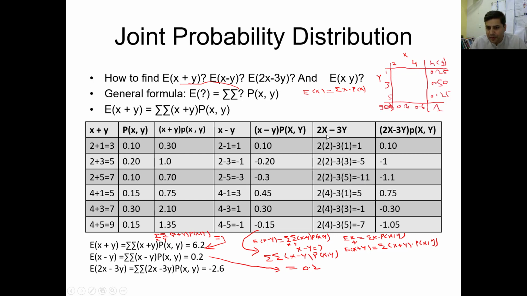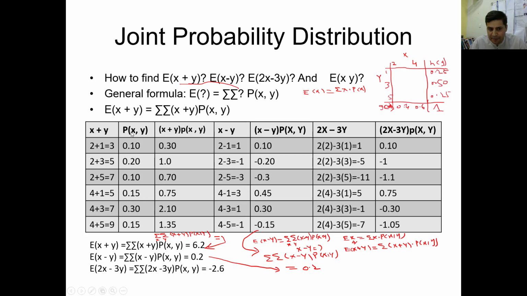Similarly, this is the one. Okay, now we will change the value of x, because we checked x equal to 2 with respect to all these y values. Now we will put x is equal to 4 with respect to the y values. So 2 into 4 minus 3 into 1. So it will be equal to 5. 2 into 4 minus 3 into 3. So it will be 8 minus 9, minus 1. 2 into 4 minus 3 into 5. It will be minus 7.